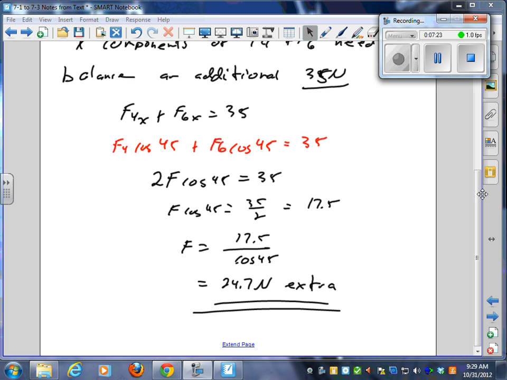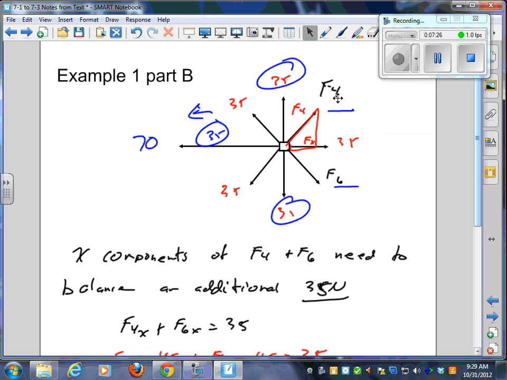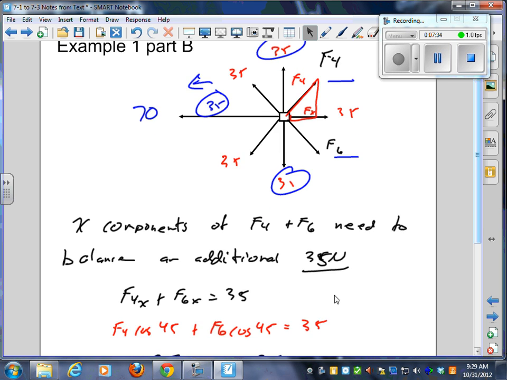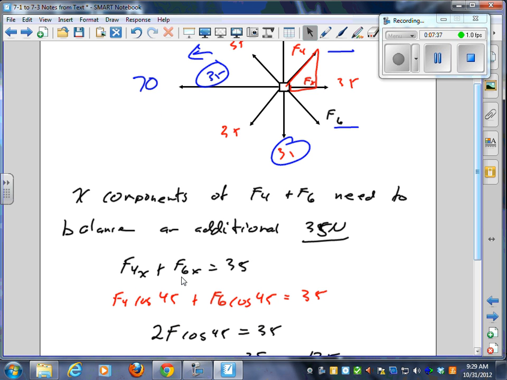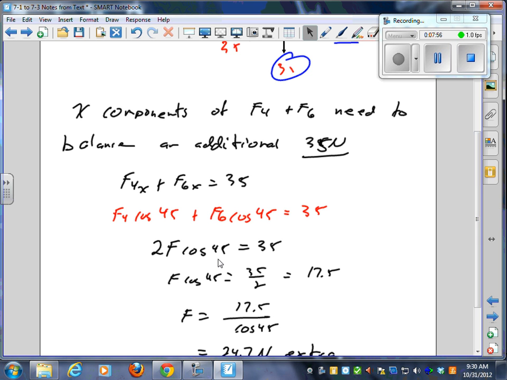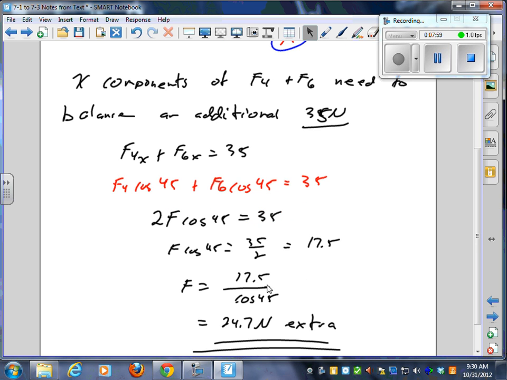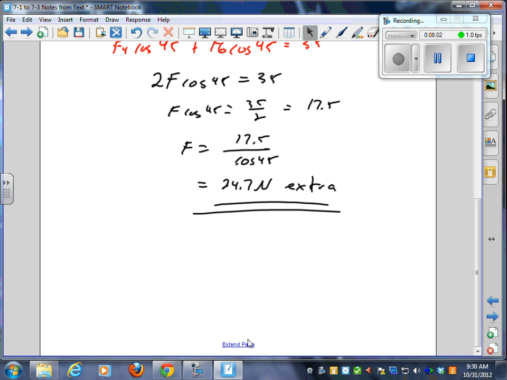So another quick look at this here. The question is, how much additional force does kid 4 and kid 6 need to pull? The x components, the sideways components, need to balance an additional 35 newtons. So the x component of 4 plus the x component of 6 have to equal 35, the additional. Because of the way this is set up, my Fx is cosine, so F4 cosine 45 is my F4x. Same thing with the 6. Because F4 and F6 are equal to each other, I'm just going to say 2 times the force times cos 45 is equal to 35. And then I solve for 24.7 newtons extra, which means,